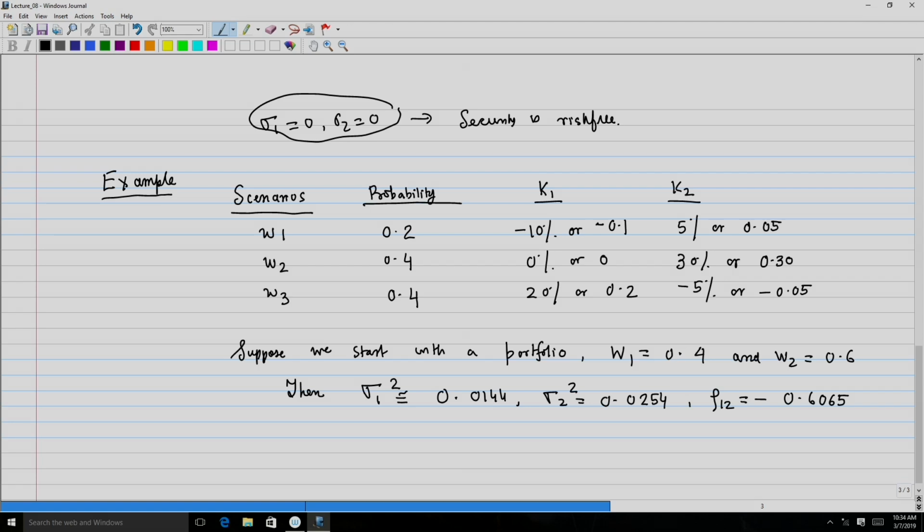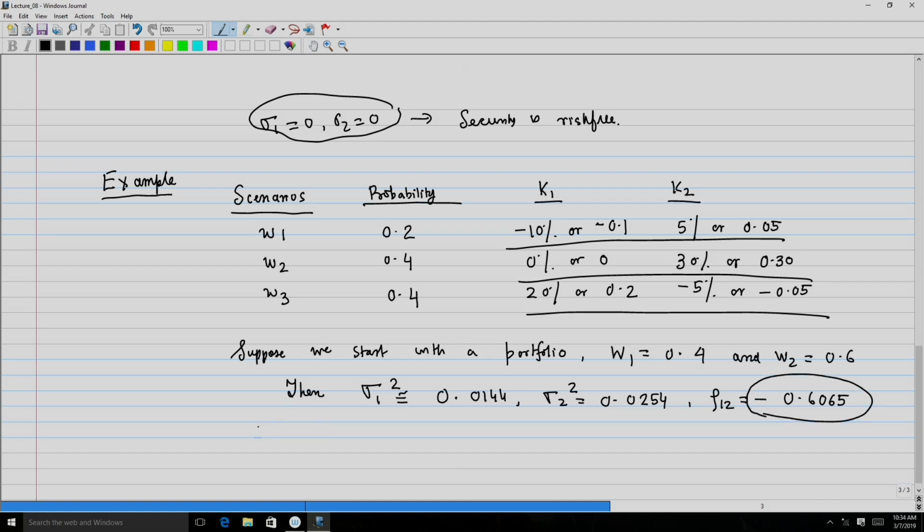So, at a first glance, when you compare these two returns and finally these two returns under omega 3, you observe that the pattern of returns is behaving in a somewhat opposite direction, which is suggestive that your correlation coefficient is likely to be negative, which it actually turns out to be minus